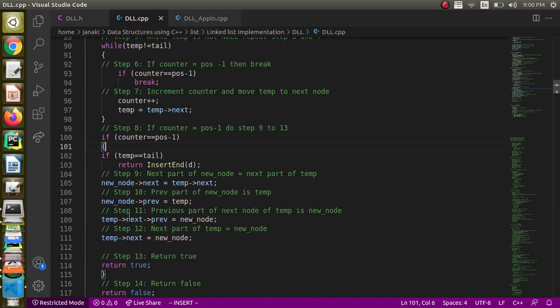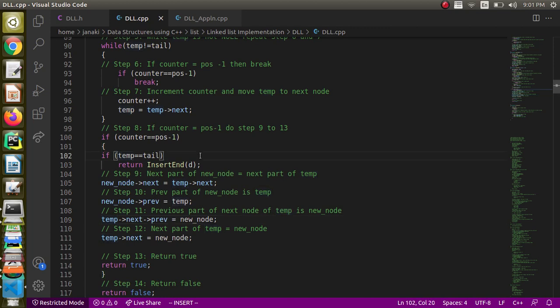Yeah, let's understand why that happened. Actually, when we are trying to insert the third node, the third node is the last node. What will happen is we are using temp next previous. When we are giving a position 1 greater than the number of nodes, temp will be pointing to the last node in the linked list, right? So when we say temp next, actually null will be there, and we are trying to dereference a null pointer. That is the problem.